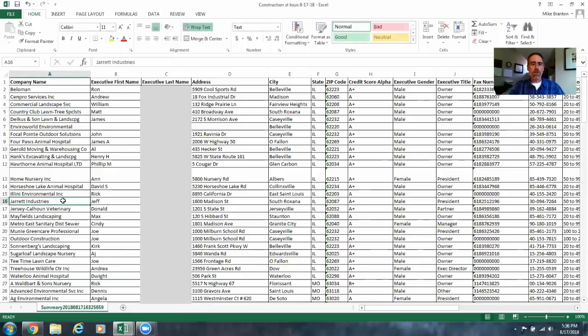There we go. We've got the company name. We've got the officers, the people that you might want to call. You can see what city they're in, their address. You can even see their credit score. You can see their phone number, and even the tax ID number has pulled into this information. So a lot of good stuff that you can get that you might want to use depending on how you're